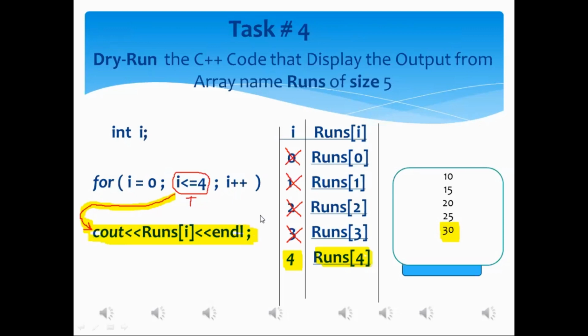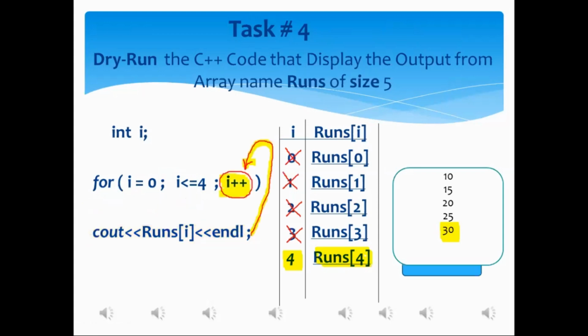Mr. Aftab, now the question to you. After the execution of the for loop associated statement, that one is the cout statement, the control of execution will be shifted to where? To the increment statement, sir. Your answer is correct. Okay, if you add 1 to I, what will I's next value become? 5, sir.